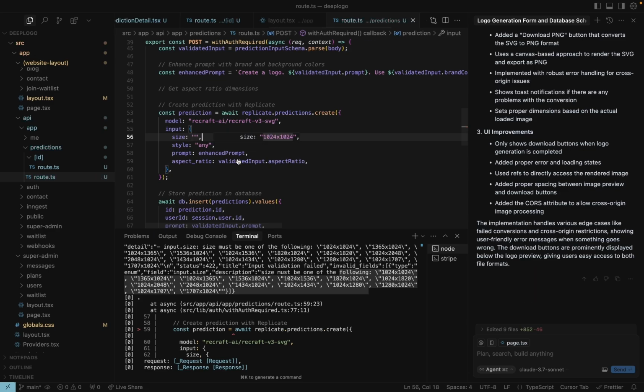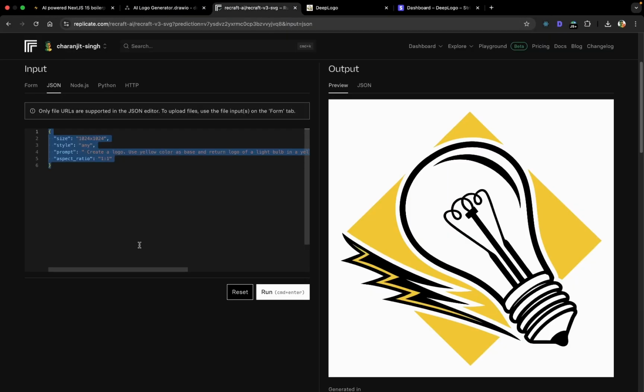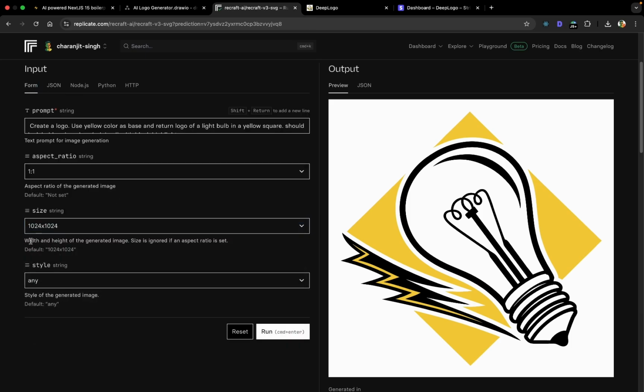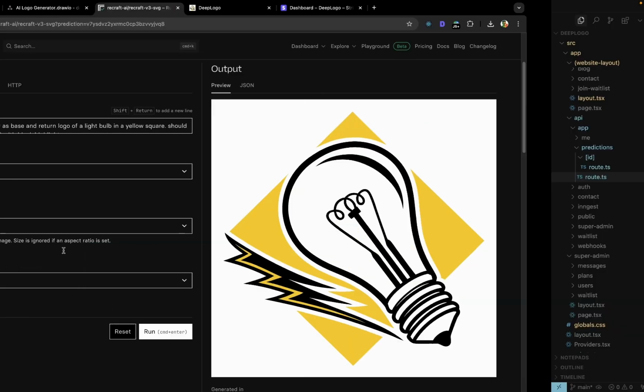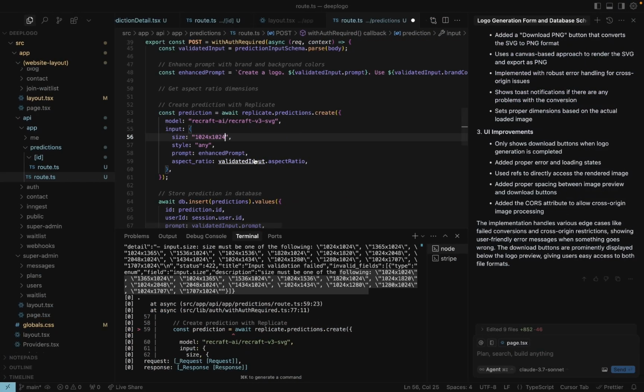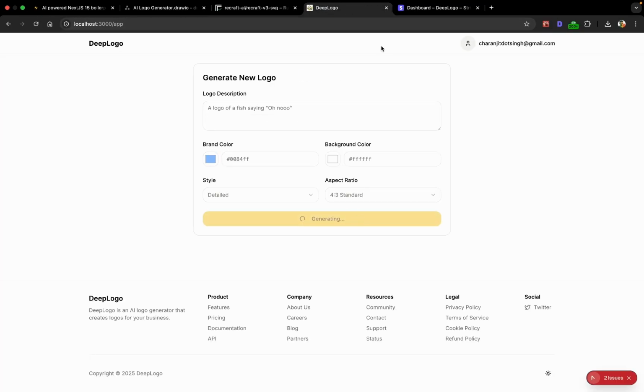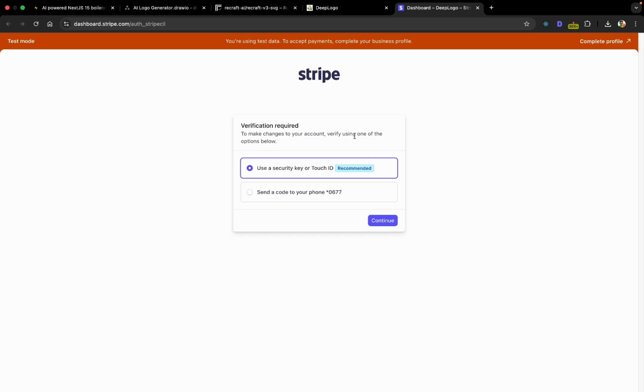We should actually provide this aspect ratio, because I saw here that width and height of generated image size is ignored if aspect ratio is set. So we are going to set the aspect ratio, not size. So let's see,